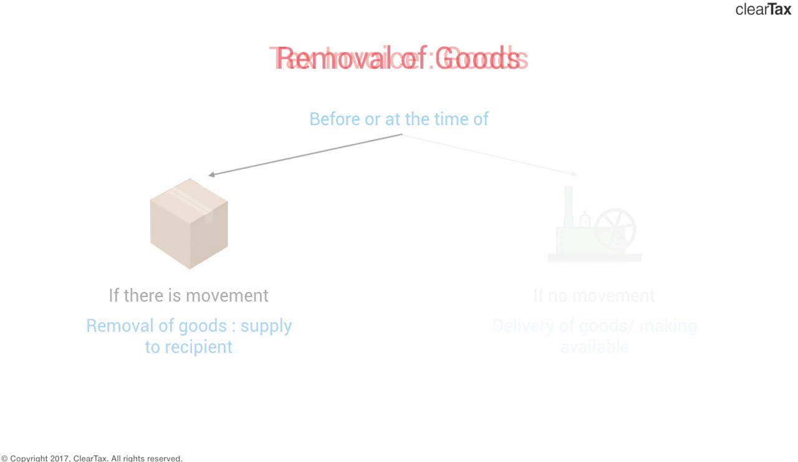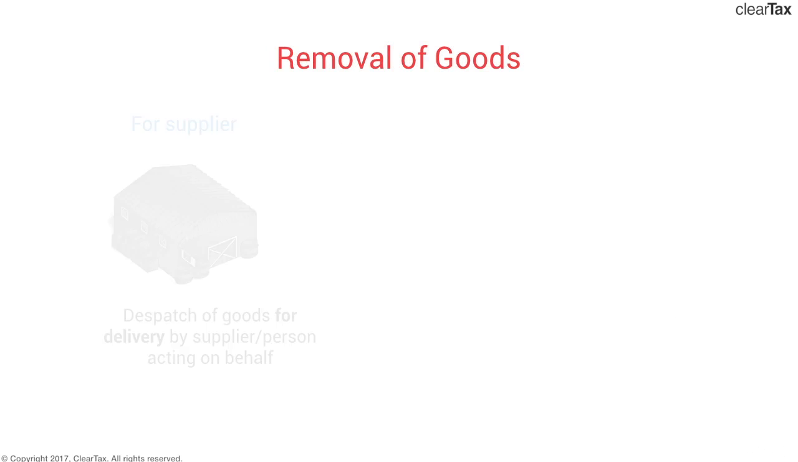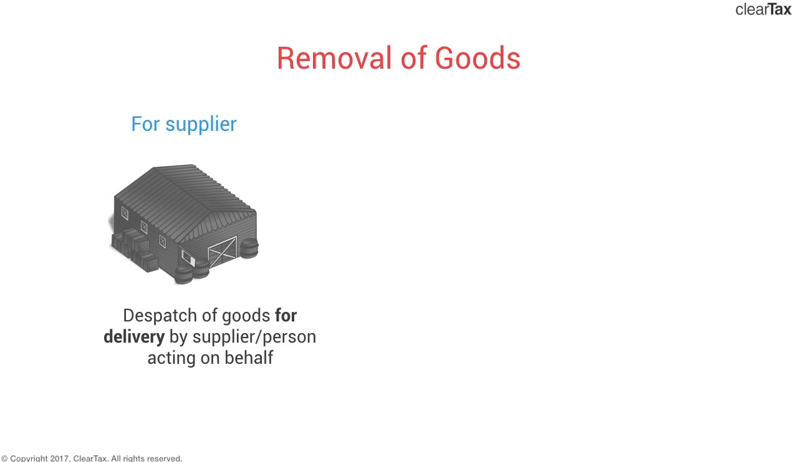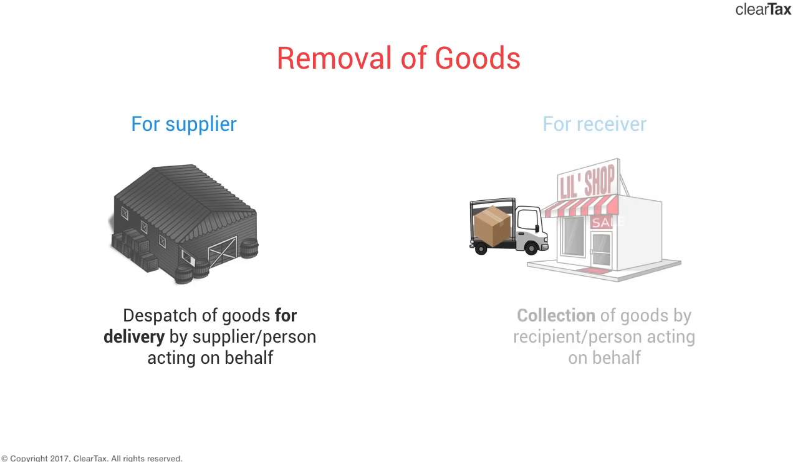For the supplier, the removal of goods is at that point of time when he or a person acting on his behalf dispatches the goods for delivery to the recipient. The final time when the goods leave his factory to go to the recipient. For the receiver, the recipient, the removal of goods is at that point where he or a person acting on his